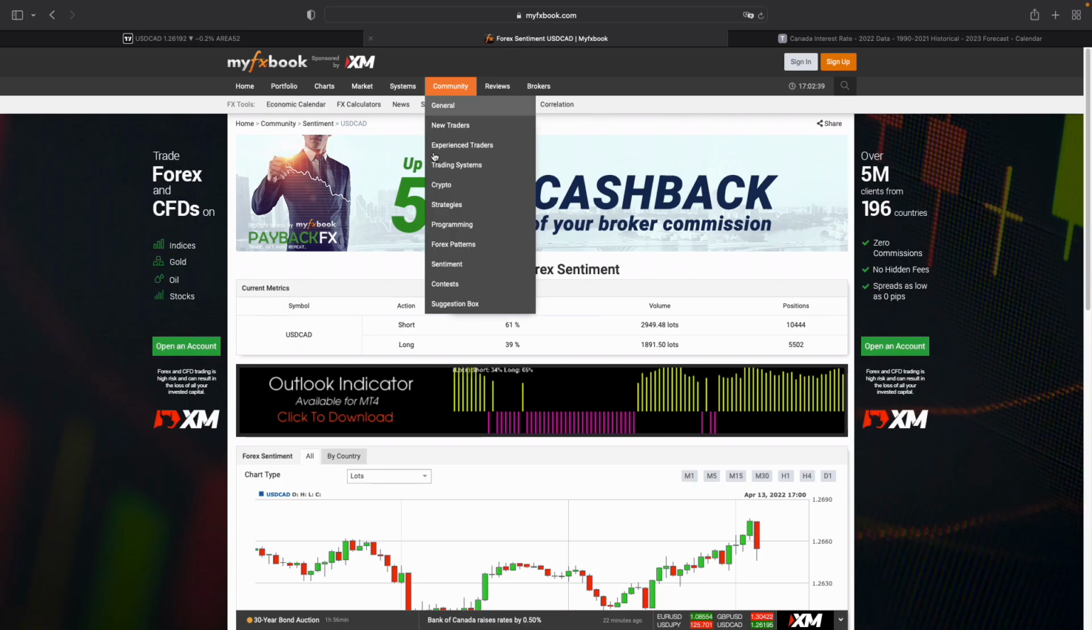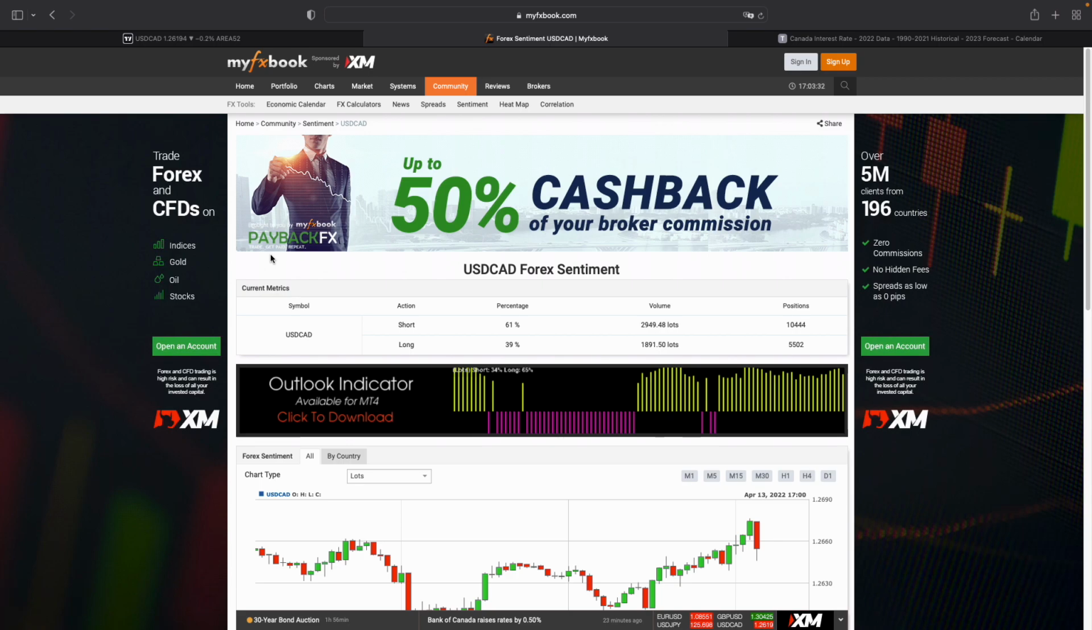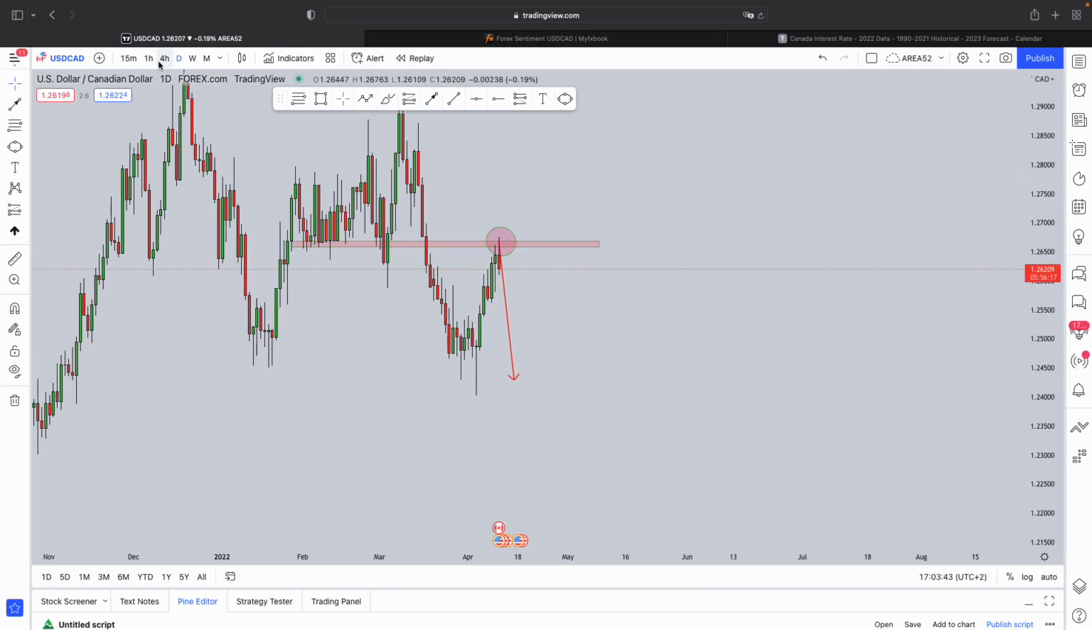Now next up we are going to look at the sentiment data. The sentiment data tells us what the retail traders are doing. Now you can see how 61% of retail traders are short. I always say that you want to be on the opposite side of what the retail traders are doing,